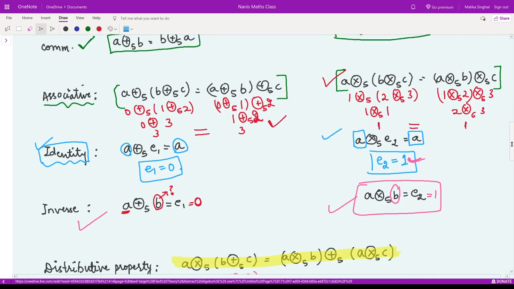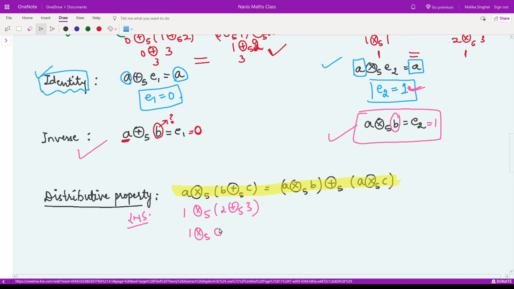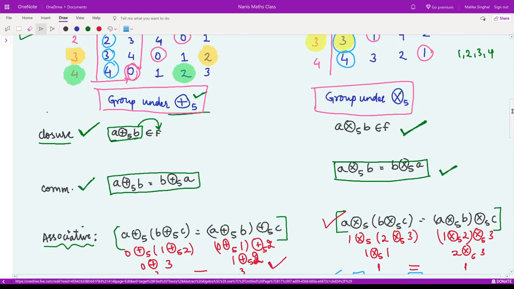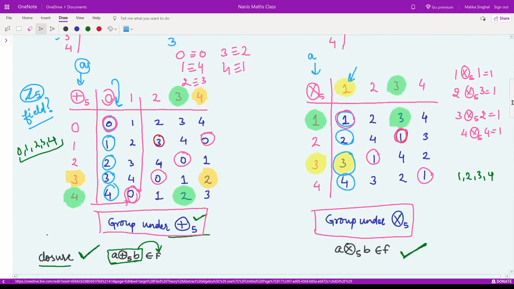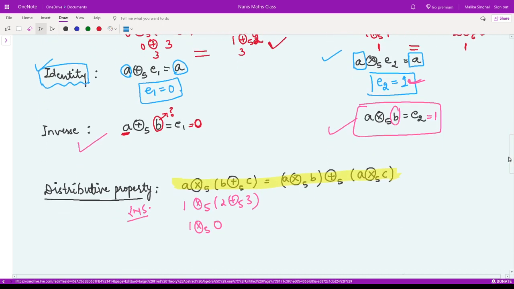So here we'll write 0, and then we'll check in the multiplication table 1 mod 0. What would be that? There is no 0 here. So we cannot take these numbers because 0 is excluded from the group of the multiplication mod 5, right? We cannot take 0 over here, multiplication mod 5.